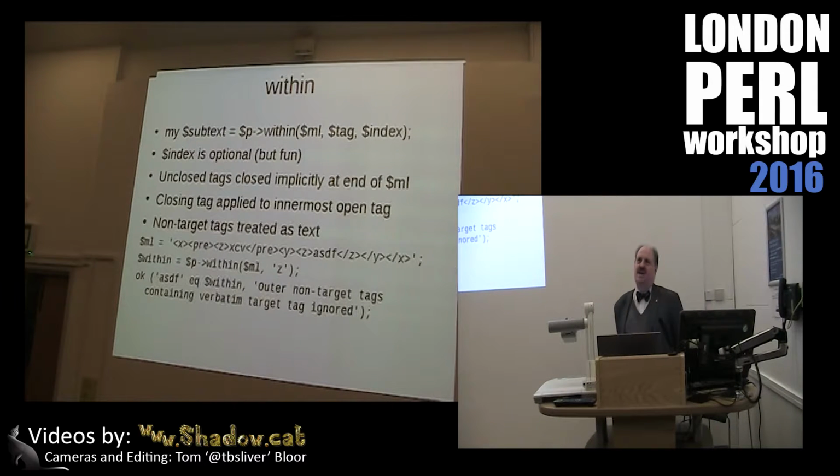So if you've got this little bit of tag soup here with the standard implementation of the object, so that pre is one of your verbatim tags, and therefore anything within that gets ignored. If you throw that as your ML and say what's within a Z tag, it'll return ASDF. Now, if you didn't have the verbatim tags operating on pre, it would give you XCF/pre YZ ASDF. But that initial Z tag that's in the pre tags, it will ignore, because pre tags are verbatim tags. You could be documenting what it does and then using it.